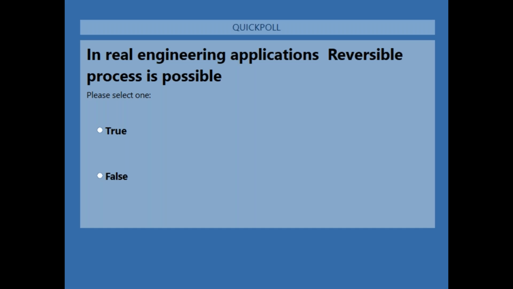Of the responses, 60% of the students are saying that in real engineering applications, a reversible process is not possible. So the answer is